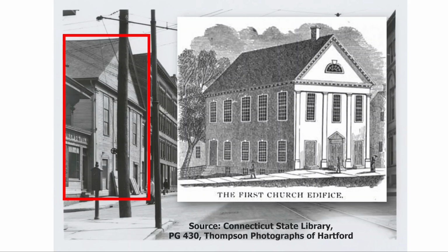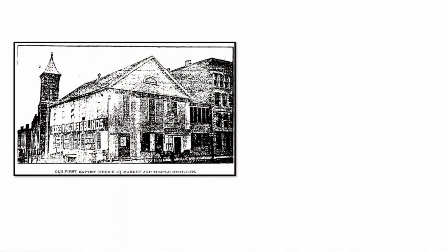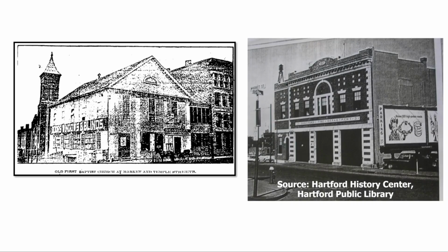The Adventists moved out in 1854, and for the next 6 years or so, the building became the Market Street Chapel, organized by the Congregationalists. Around the time of the Civil War, the building was being used by the Washingtonians, a temperance organization. Then it served as a gymnasium for the Deutscher Verein. Around that time, the steeple was removed. After 1868, the former church was used as an office and workshop by a series of companies that produced sash windows, doors, and blinds. The building was torn down in 1911 to make way for the new headquarters of the